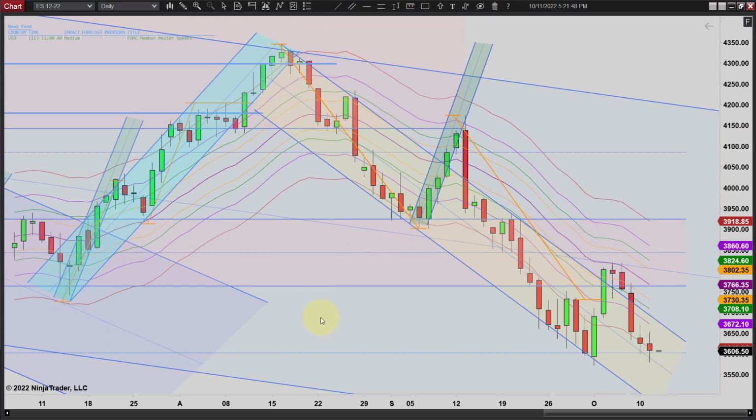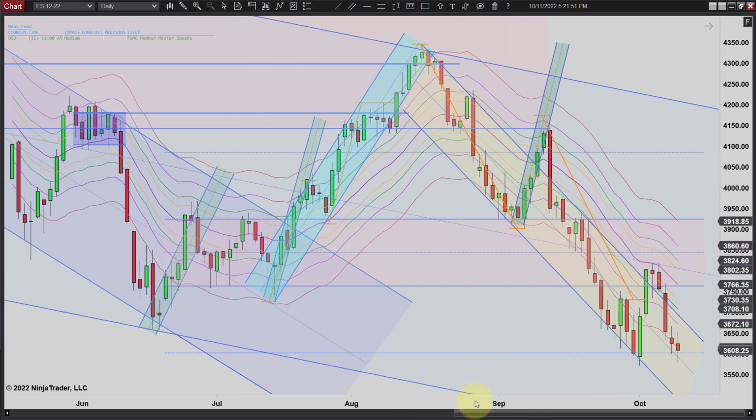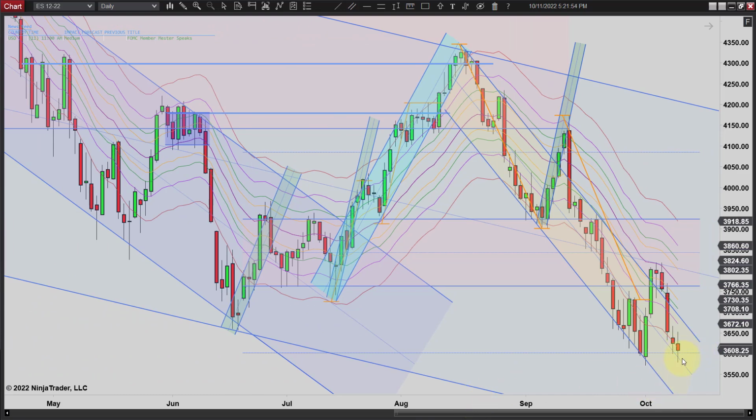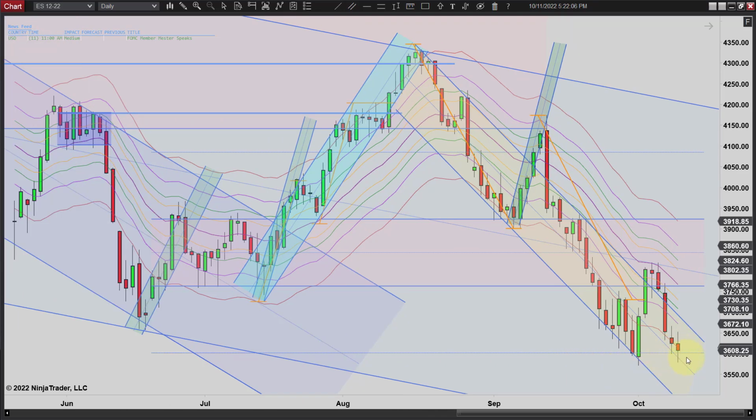And to me, it looks like we're probably going to work lower still, or could work lower. I assume prices are trying to test this low and maybe try to make another new low, and that's what it appears. And they're just really struggling, not enough buying's coming in to rally out of here,